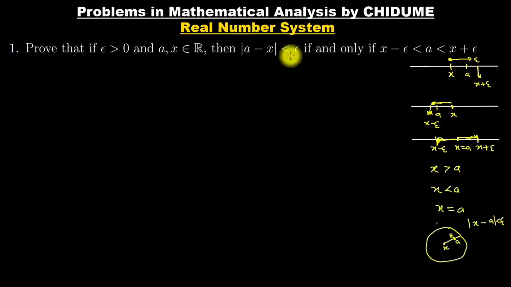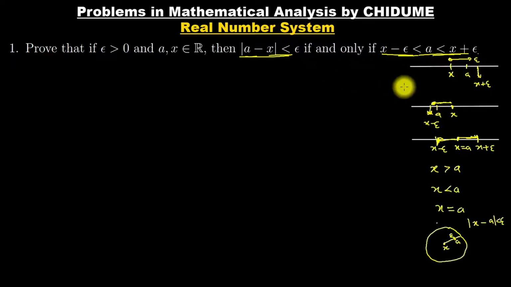Do you get it? Now you can see that if I pick two real numbers such that the distance between them is less than an epsilon I picked, this will always be true. In fact, if this is true, then this is also true, and if this is true, then this is also true. So this is a biconditional statement, and that's what we want to prove in this video. And one thing about biconditional statements is that you would assume that for you to prove a biconditional statement, that's if and only if,